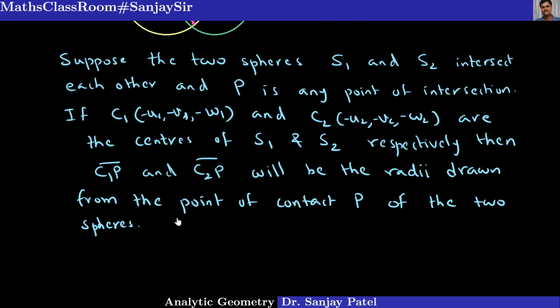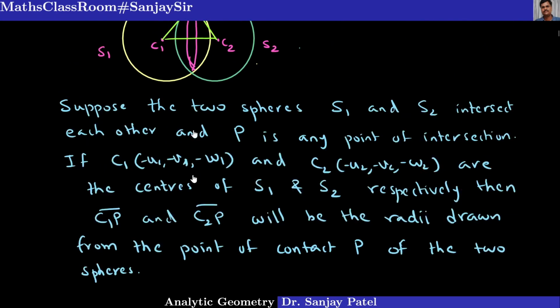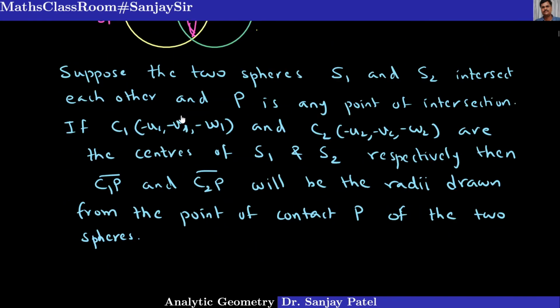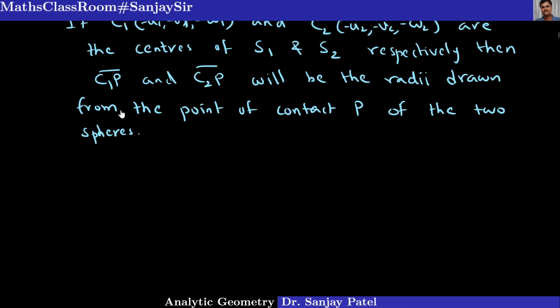So C1P and C2P are the radii drawn from the point of contact of the two spheres, and we have